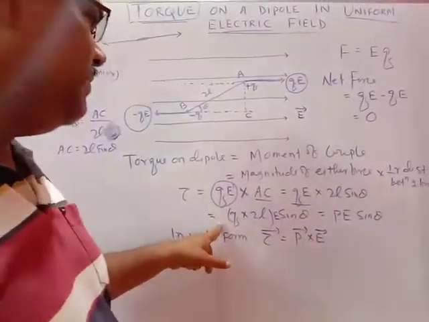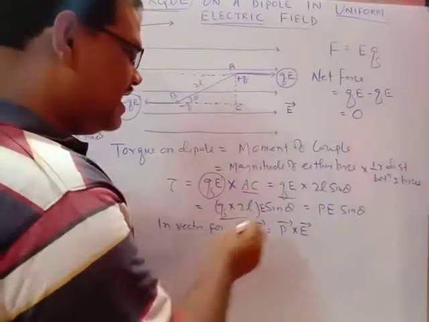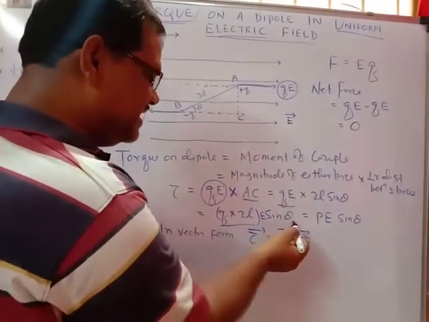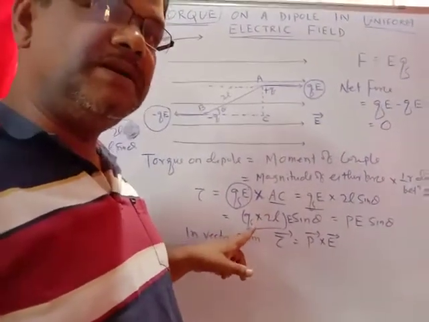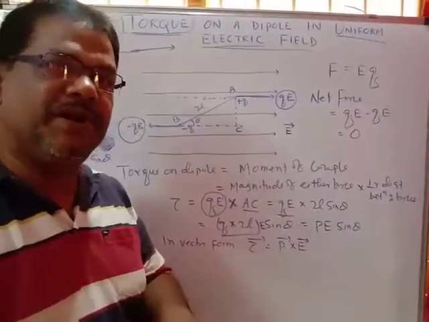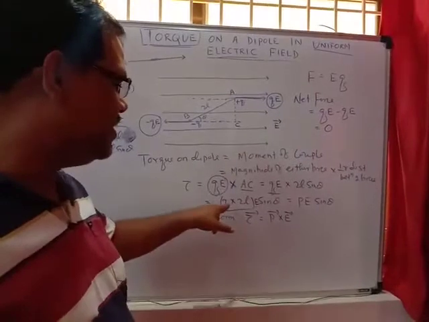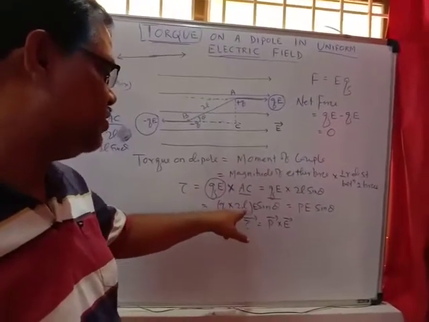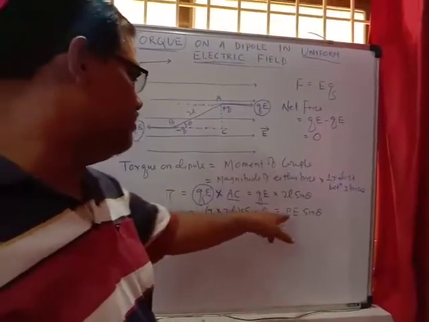So this is equal to Q and 2L collected here, and left out is E sine theta. What is Q into 2L? Q into 2L is the dipole moment, because you know the definition of dipole moment: either charge multiplied by the separation between the two charges, or the length of the dipole, that is Q into 2L. So Q into 2L multiplied by E sine theta equals PE